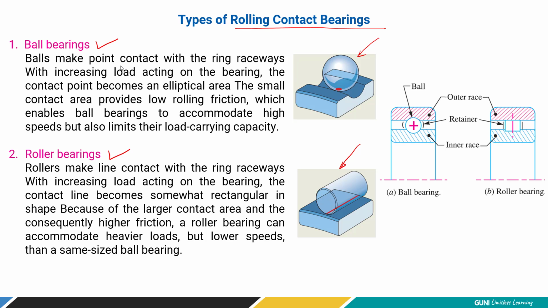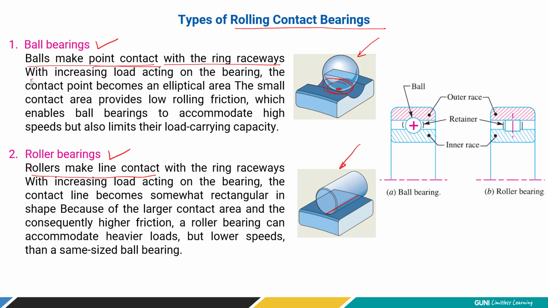Now ball, what's the difference then? A ball makes a point contact. This is the difference. And a roller makes a line contact. Just imagine you have a circular bar. If you throw it on a plain surface, it will roll over, so the contact area will simply be a line. But if you throw a marble, the marble is going to contact a flat surface at a point. So the ball makes a point contact with the ring raceway. Just look over here.